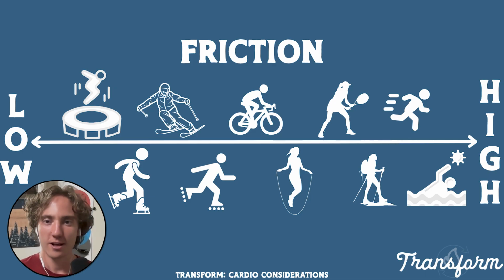So zone two running or swimming is going to feel almost painfully slow. Whereas if you're trying to do zone two on a rebounder or ice skating or skiing, you're actually going to have to be working somewhat hard to get into zone two because of the nature of those sports. Even if you think about hiking uphill, you're going to have a lot more friction than hiking downhill. So you might be in zone two on the way up, or even past zone two, but you might be barely in zone two on the way down. So it's just useful to think about that.